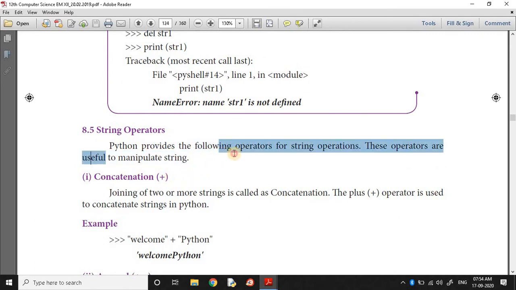So Python provides the following operators for string operations. These kinds of operations are not available in C++. C++ has a separate header file, string.h, to manipulate strings in a C++ program.